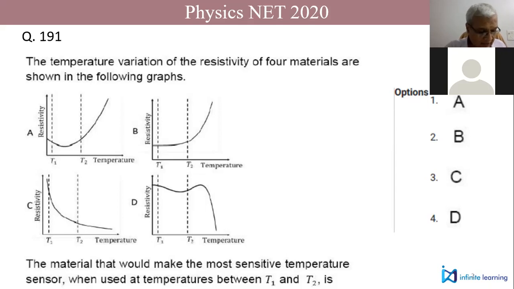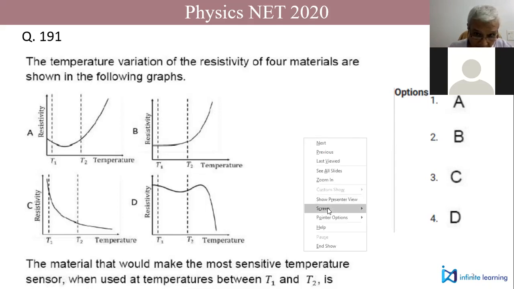So sir, I'm saying that in the key equations, resistivity is directly proportional to temperature. No, here nothing is given. You are only showing how resistivity varies with temperature. From this, you have to decide which of the materials would be best suited to use as a temperature sensor between T1 and T2. I think option A, sir, because resistivity and temperature are directly proportional.